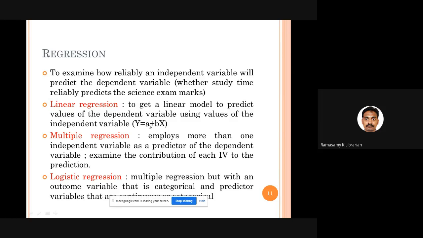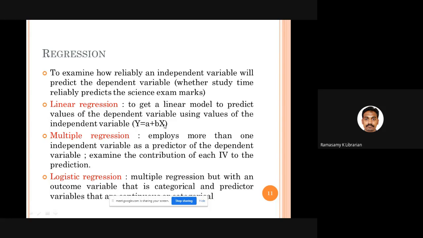When you do this regression analysis, any software gives you an intercept, a constant value which will not vary. So you write the constant value plus beta of the independent variable: whatever the independent variable may be, you multiply it by the beta value, and that will be equal to the dependent variable.